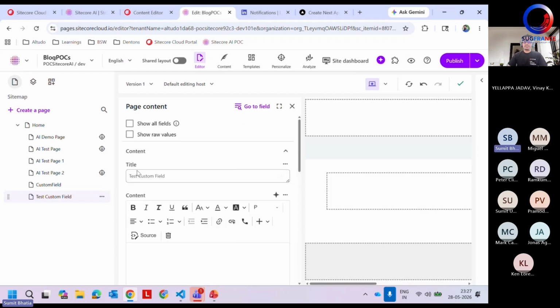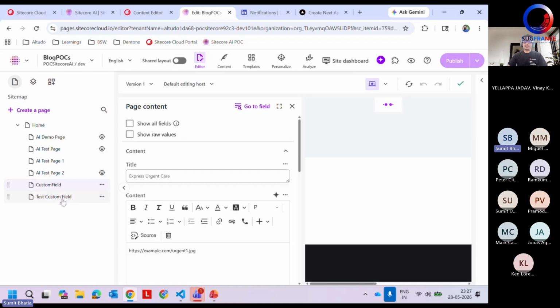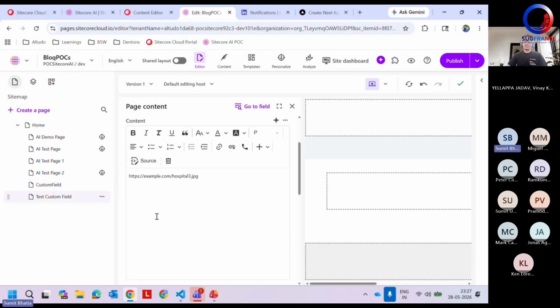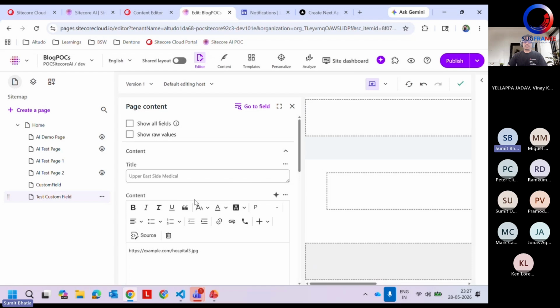It should update this title and content, but it is not automatically updated as per the limitation. But if I go to another page and come to this page again, you can see that the title and the content are already updated here. So this is how we tried to resolve the customer's requirement initially, when this marketplace was not introduced and we started the requirement phase of the project.